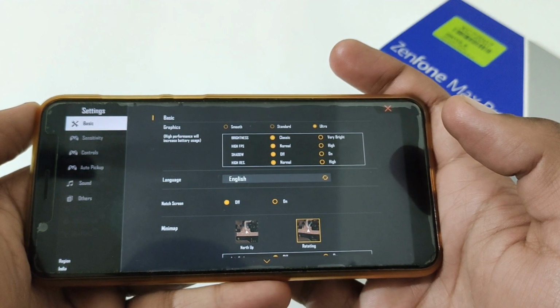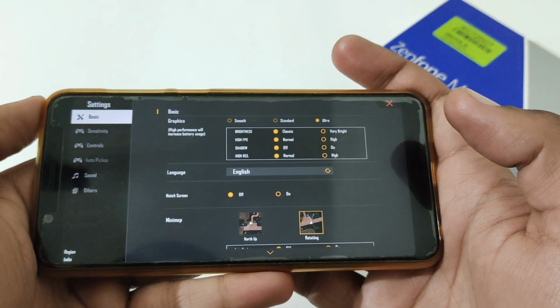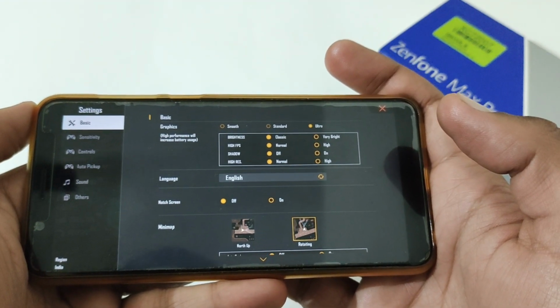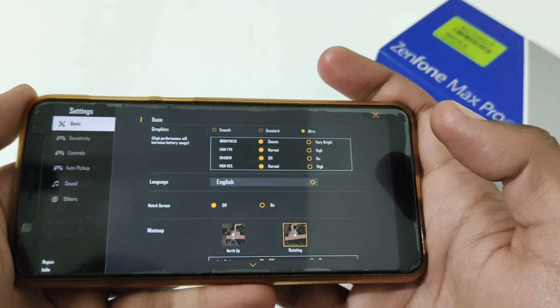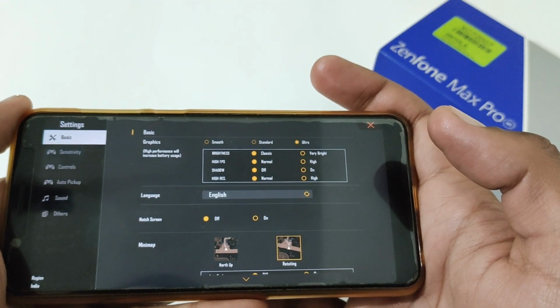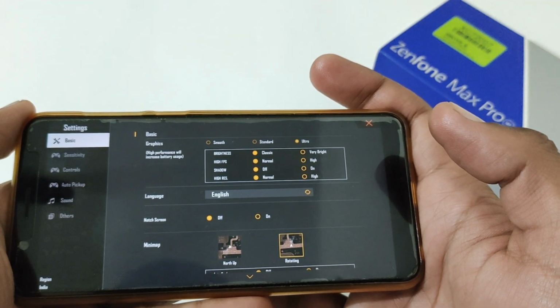So on Android 10 Beta 5, for one hour of gameplay, the battery consumption was 8 to 9%, whereas on Android 10 Beta 4, it was 14 to 15%. So on Android 10 Beta 4, it was somewhat bad, almost a difference of 5 to 6%.